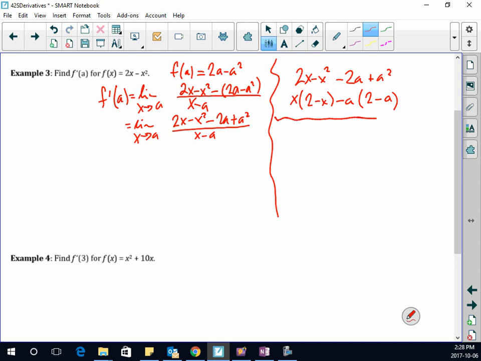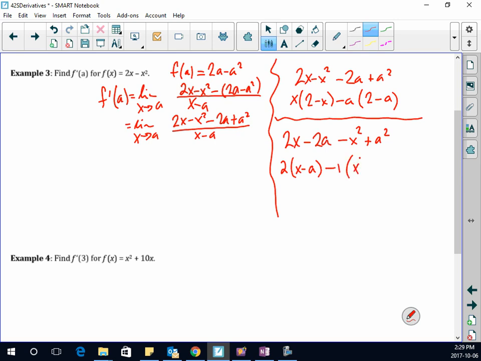So I'm going to try this again. What do I want to group? The 2's together, yes. So maybe I want to group 2x minus 2a, and then I want, say, minus x squared plus a squared together. And you might go, oh, that doesn't really look like you're getting very far. Remember, my whole purpose is to try to get an x minus a out of this, right? So if I factor out the 2, I get x minus a. Ooh, I'm getting somewhere. However, this causes some worry because I don't know what to factor out of this. However, if I factor out a minus 1,